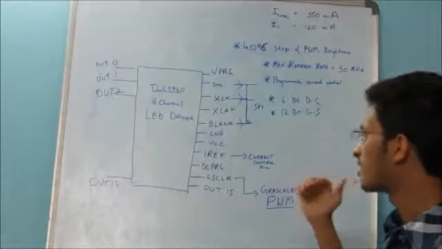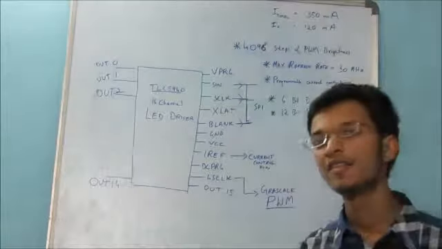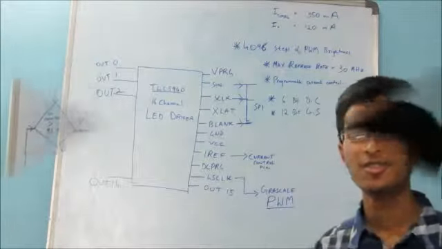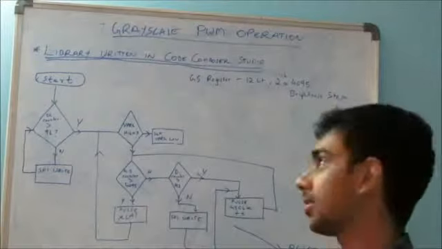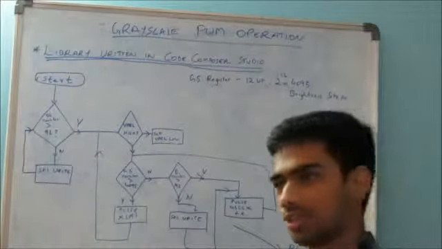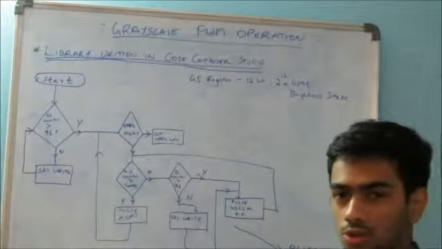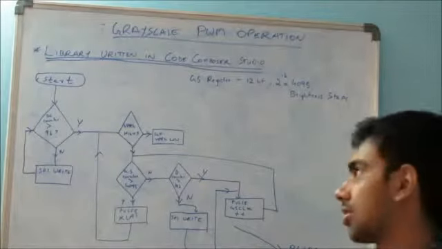Next is GSCLK, the grayscale clock, which does capture and compare via its internal counters. The TLC 5940 controls the brightness of each LED through the grayscale register. The grayscale register is a 12-bit register. The 12-bit register gives us a total of 2 power 12 equals 4095 brightness steps for each LED.